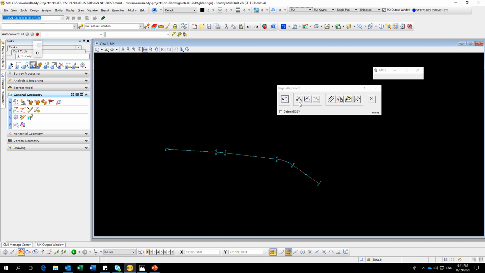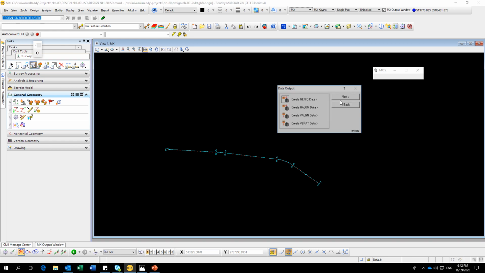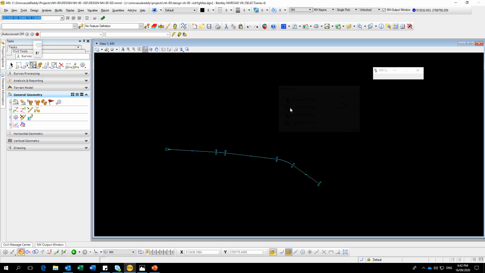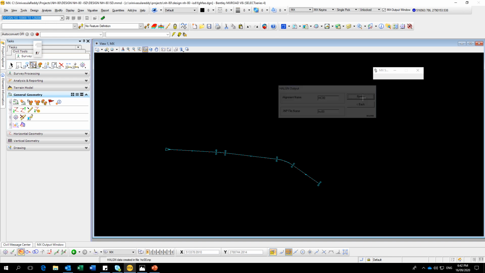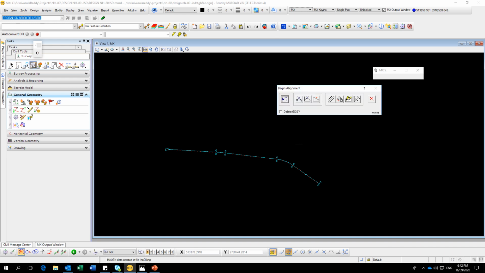Now, this is already over. If you want to create vertical, you can create. And if you want the output, just click here, create Haljan, then give some name. Let's see, 00. Okay, next it will be saved in an IMX folder.